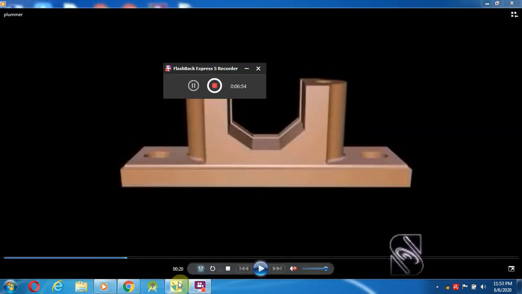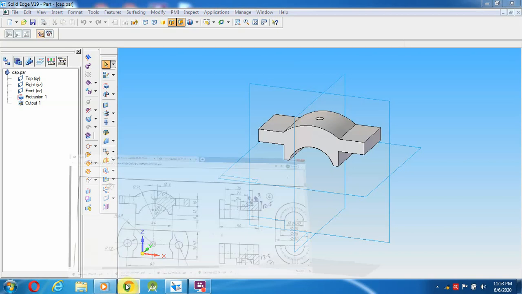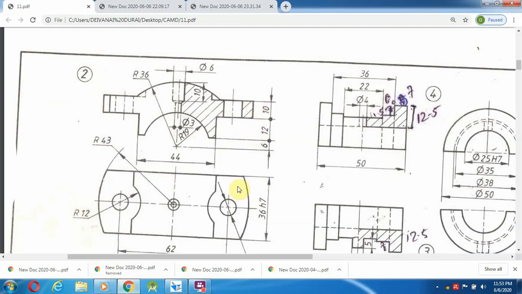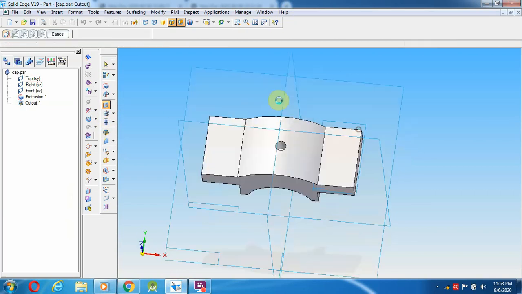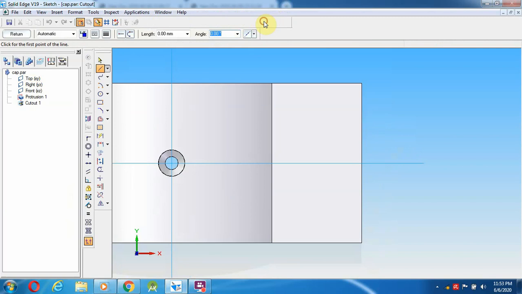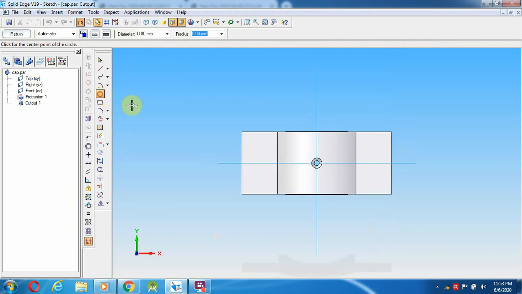See over here, the outer one will be a circle. Same as the previous one, on the body part go to cutout option, select the top, and give fit from the middle.